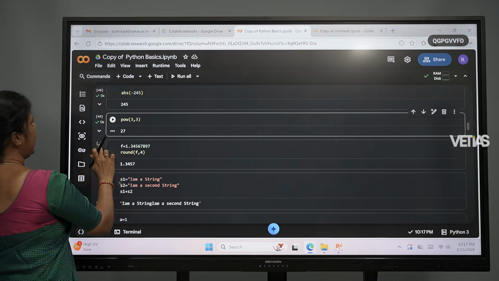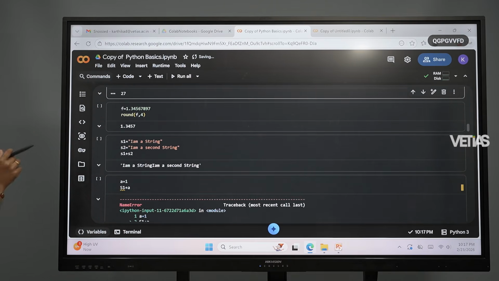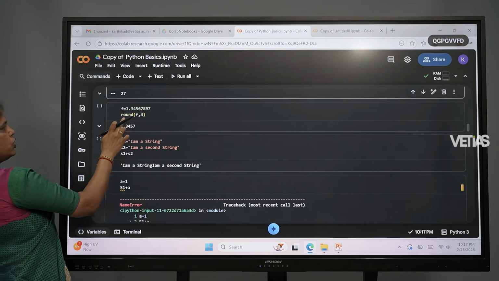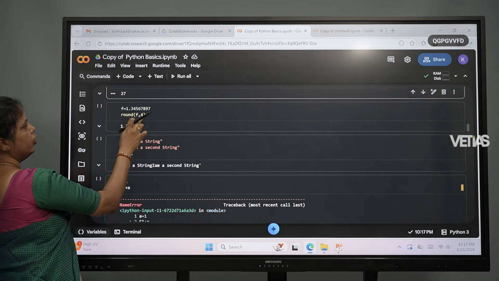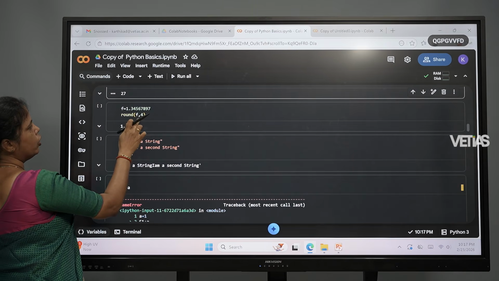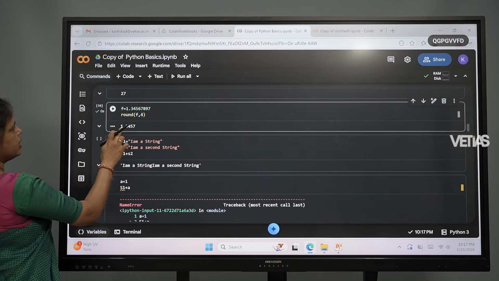So pow is for finding the power. Now if I have given some value here, 1.34567897, I am going to use the round function. The round function is going to round this value to 4 decimal points. I just want this value to get rounded off to 4 decimal points. If I require this and I'm executing this, you can see